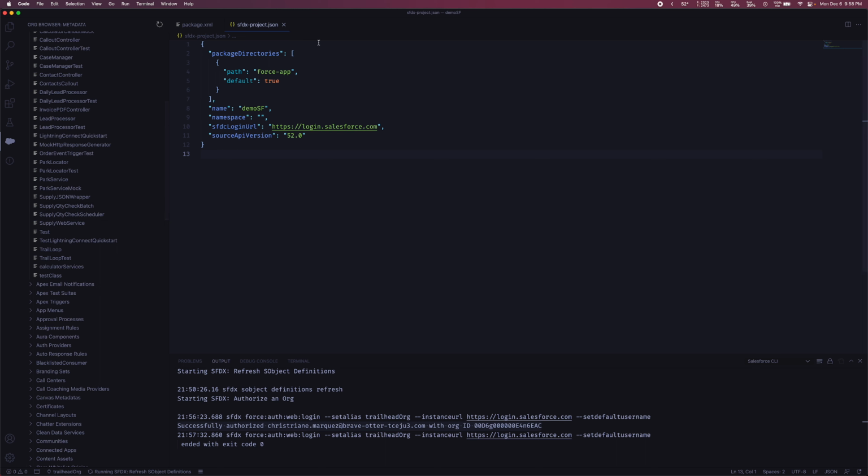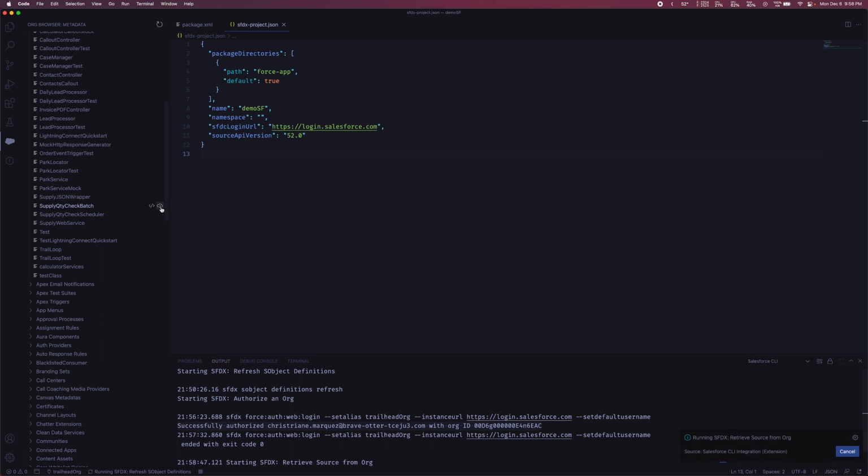And if we wanted to see it here in our local environment, all we have to do is click on this little cloud icon, and it's going to run another command called retrieve source from org. So if you click on that right here, you'll see that the command is running and it looks like it finished relatively fast. And now if we want to see that class, let's go